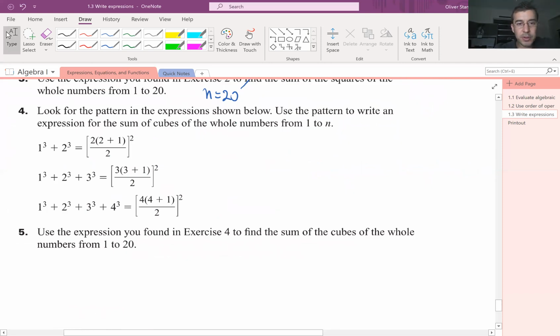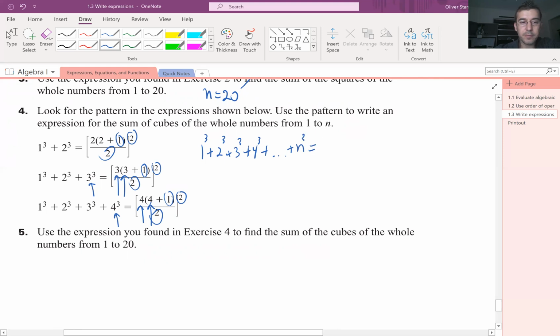Look for the pattern in the expressions shown below. Use the pattern to write an expression for the sum of cubes of the whole numbers from 1 to n. So here we can see the last number, right, where it's used. And then we can see some static numbers like 1. 1 is static, squared is static, over 2 is static. Okay, so 1 to n, it's going to be 1 cubed plus 2 cubed plus 3 cubed plus 4 cubed plus dots plus n cubed equals, straight brackets, the last number is here, so it's going to be n in our case,